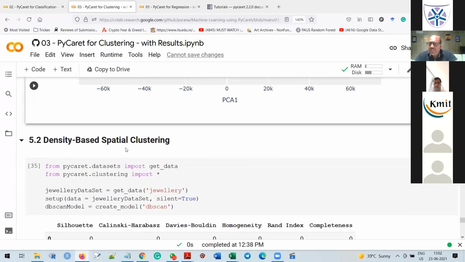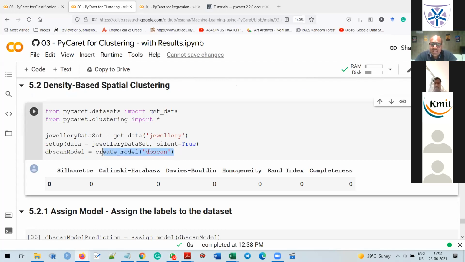Now the next algorithm is density-based DBSCAN. Class, DBSCAN doesn't require a number of clusters parameter. It automatically identifies the number of clusters. If you pass the number of clusters, it will give an error, because DBSCAN doesn't require the number of clusters initially. On the basis of density, it will find out the number of clusters. Now, as I am creating DBSCAN, you will find my silhouette score and other parameters are 0.